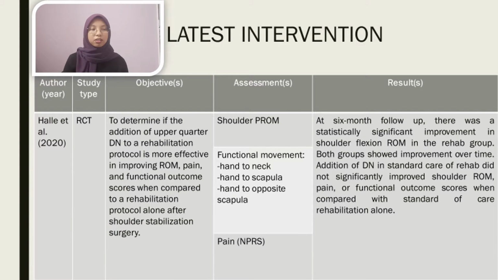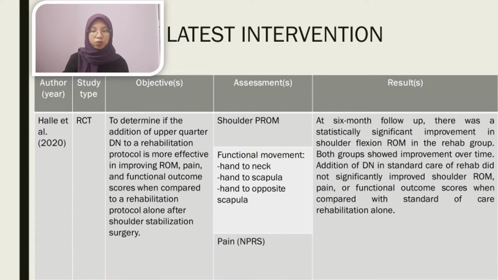A randomized control trial conducted by Hill et al. in 2020 aims to determine if the addition of upper quarter dry needling to a rehabilitation protocol is more effective in improving range of motion, pain, and functional outcome scores when compared to a rehabilitation protocol alone after shoulder stabilization surgery. They found that at 6-month follow-up there was a statistically significant improvement in shoulder flexion range of motion in